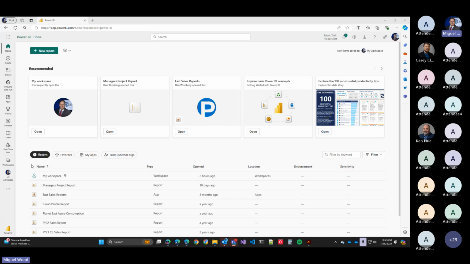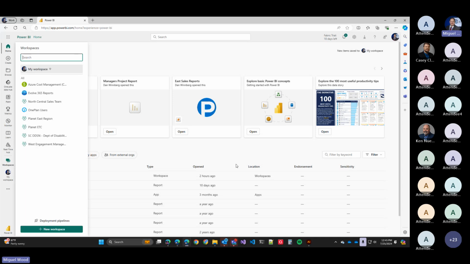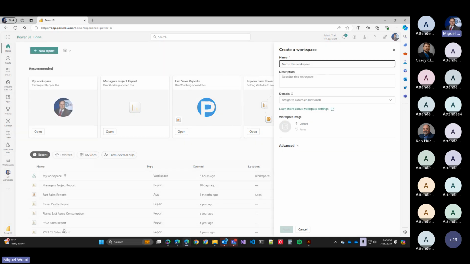I have the ability to go and create additional workspaces, but if I click on this, I can actually see all the other workspaces. If I create a new workspace, I can then go ahead, and by the way, I'm going to talk about this domain here. This is something that is brand spanking new. I am able to now organize my assets and workspaces, not just, remember the compute is the capacity. This is my logical organization. I'm able to create domains, and there are no domains yet created in this tenant.